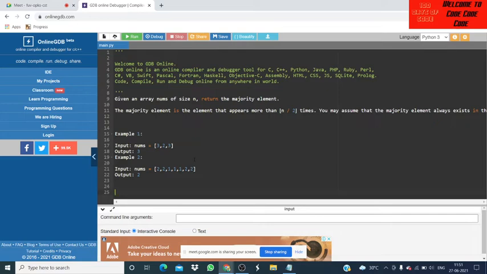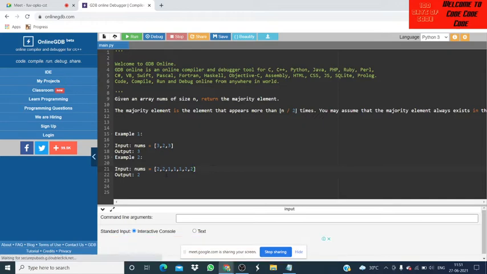In this example, 2 occurs 3 times and 1 occurs 3 times, and we see that a majority element exists. In this array there is also a majority element because 3 is occurring 2 times, which is greater than n by 2.